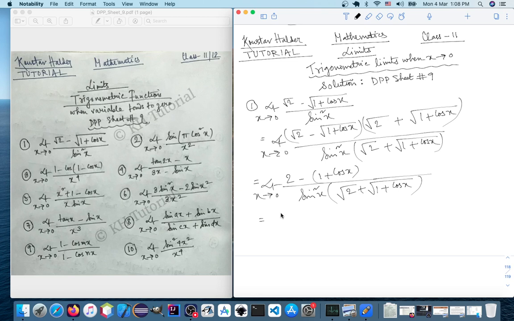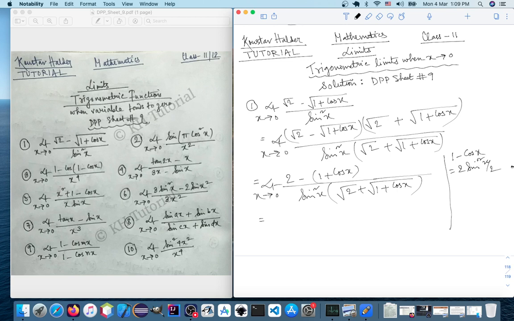So in the numerator it becomes 1 minus cos x, and I've already said that wherever you see 1 minus cos x, an obvious choice is to rewrite it as 2 sine square x by 2. And also in this problem we have sine square x